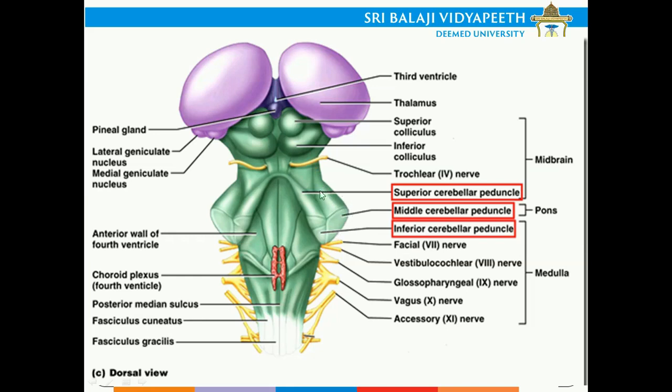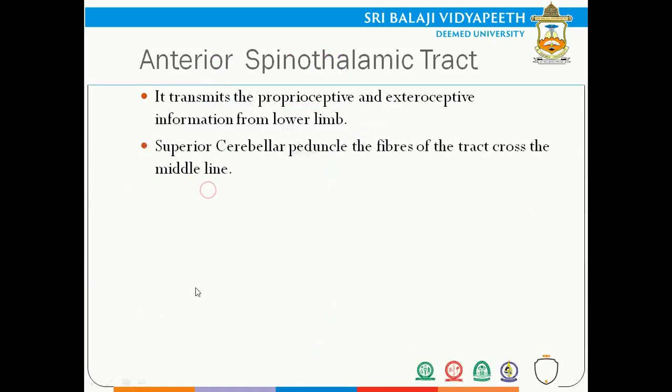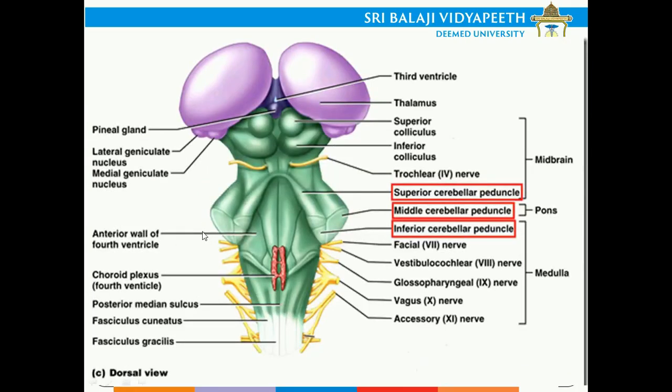Coming here, this is the cerebellar peduncle, which I can divide into the superior cerebellar peduncle, middle cerebellar peduncle, and inferior cerebellar peduncle. This is the peduncular structure that connects to the respective hemispheres of the cerebellum, the right half and the left half. This part becomes the roof of the fourth ventricle. The fourth ventricle is a space between the pons and the cerebellum. Here you also find the choroid plexus, which is nothing but blood vessels, seen at the floor of the fourth ventricle.